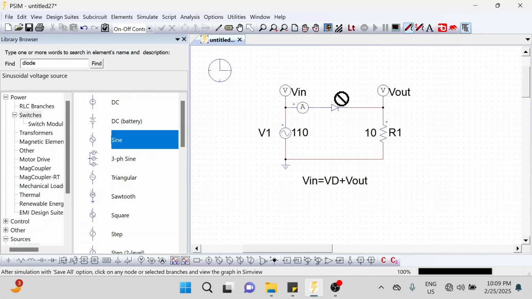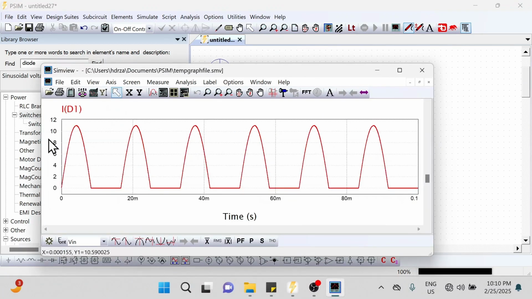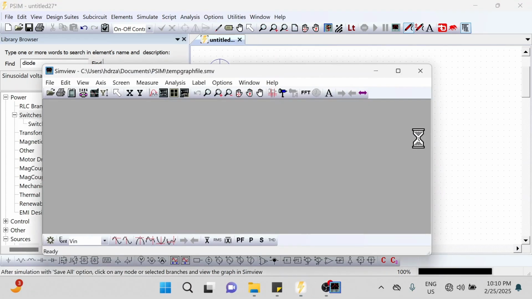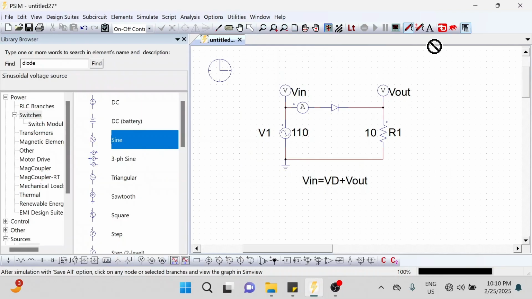Okay, now if we want to measure the current, there is also a way to measure the current using the very same probe. Just hover over the device. So here, if I want to measure the diode current, just click and it says diode current ID. So yes, I want to see the current through diode ID1. Similarly, if I go and click on the resistor, it says whether voltage or current, so I'm looking for current, so